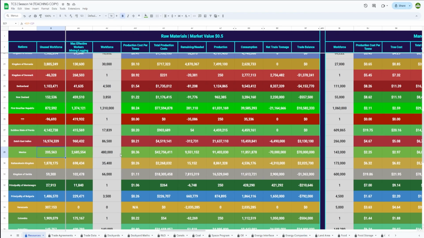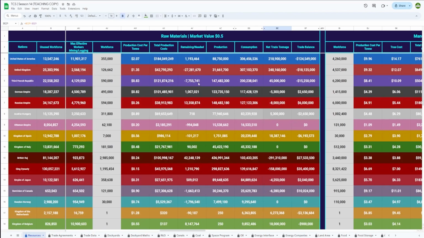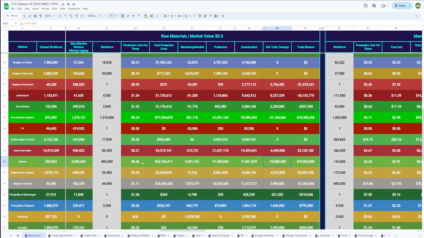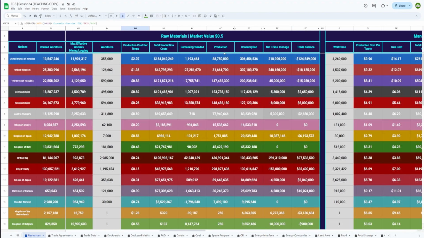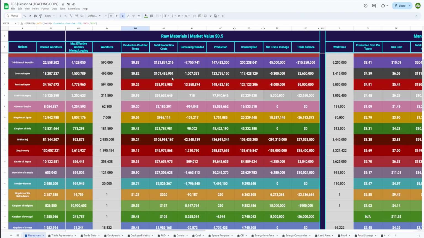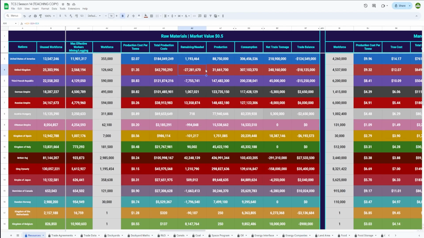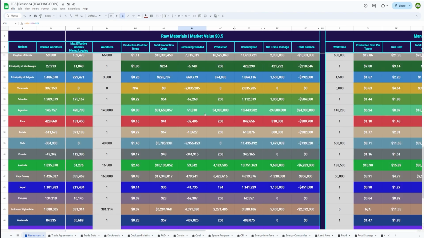Now we move over to raw materials, and we have a 9 million surplus. We are actually trading some of this out, so we could offer it around. There are people who would accept it. Like the US spends $2 compared to our 36 cents, so we could offer it to the US and tell them to stop producing as much, and they could decide whether that's worth it. We could offer it to the UK, who's in a deficit currently. There are a few options,